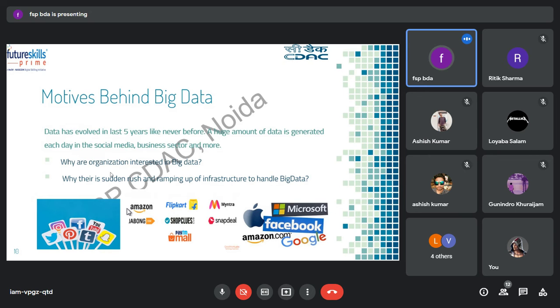Now obviously, if the person sees that it has many ratings and is recommended, the person buys, so the profit of the organization will increase. It's the same in social media sites as well. This was the first reason why organizations are interested in big data: to gain profit, to find something inside of it.